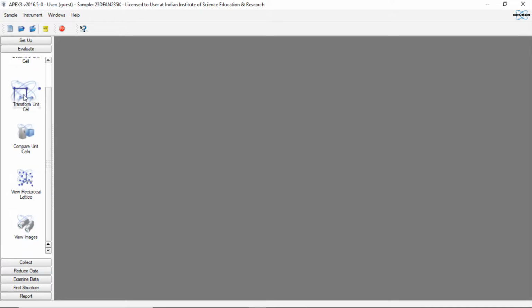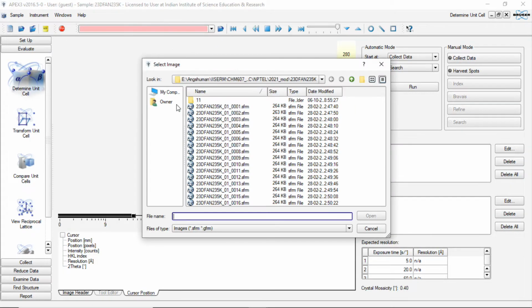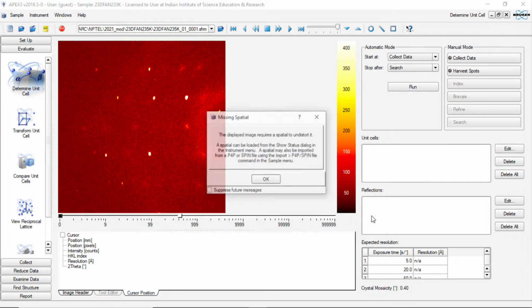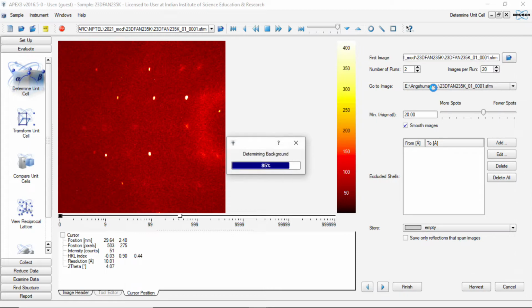So when we try to do this indexing, you will see that this crystal does not give any specific unit cell parameter, and it gives a very poor fit for indexing this pattern. So I am now just loading the images. When you look at this image, you see that these reflections look like a single crystal. It is not looking like a polycrystalline messy substance. So if we try to read these reflections,